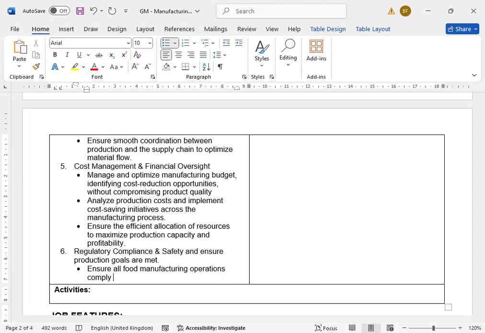Remember, this is under the regulatory compliance: FDA, USDA, SQF, ISO, things like that. Even BSU, if you're using BSU, British Standard Units. Okay. So ensure comply with